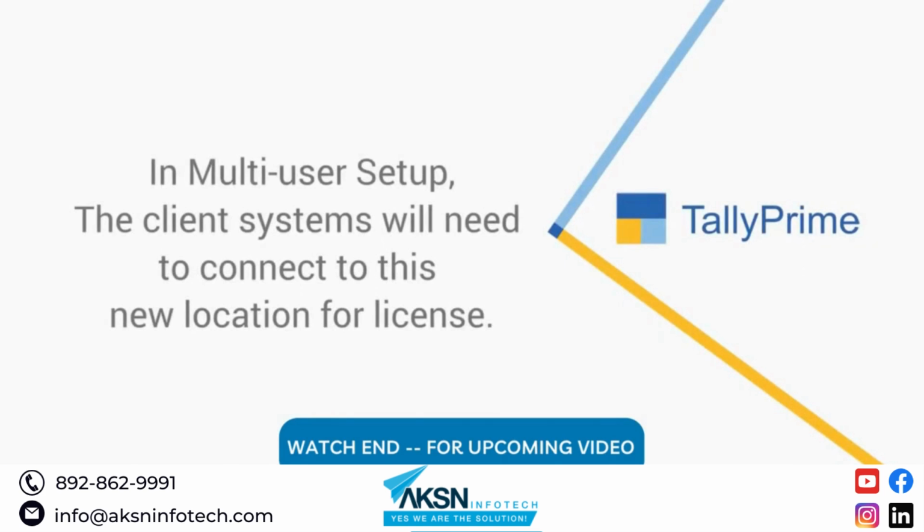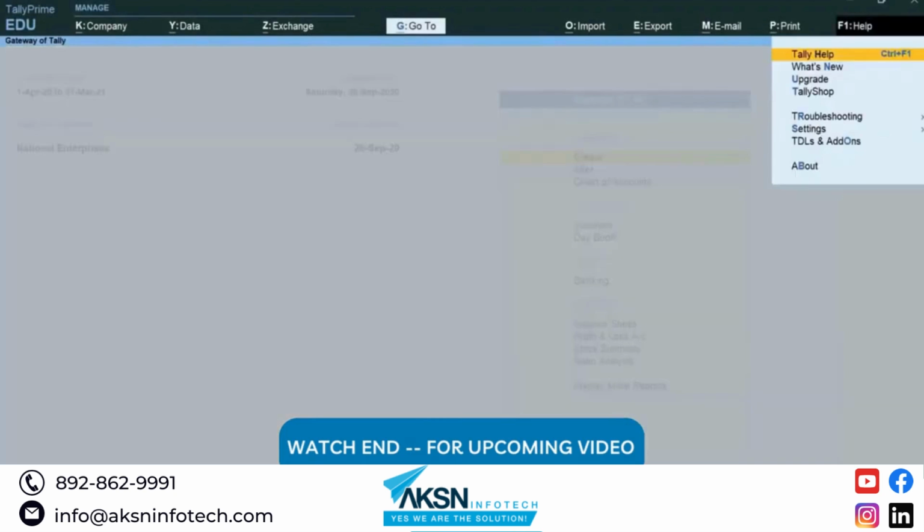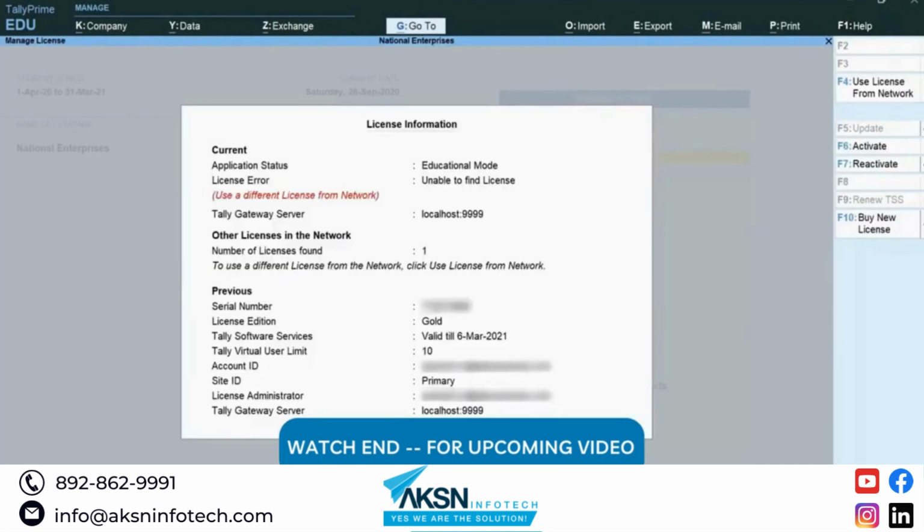सारे टैली क्लाइंट कंप्यूटर्स जहां यह गेटवे सर्वर चल रहा था उन पर लाइसेंस एजुकेशनल मोड में चला जाएगा। लैन पर चल रहे क्लाइंट कंप्यूटर्स भी लाइसेंस का उपयोग कर सकते हैं। आप टॉप मेन्यू में F1 हेल्प में जाएं, उसके बाद लाइसेंस, मैनेज लाइसेंस, यूज लाइसेंस फ्रॉम नेटवर्क चुनें।